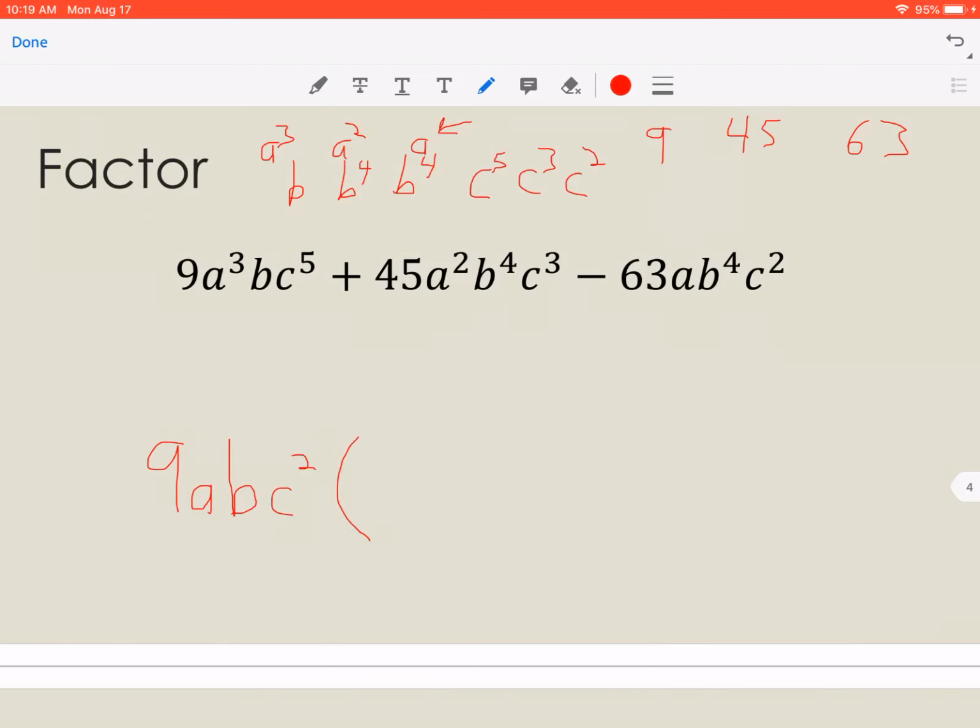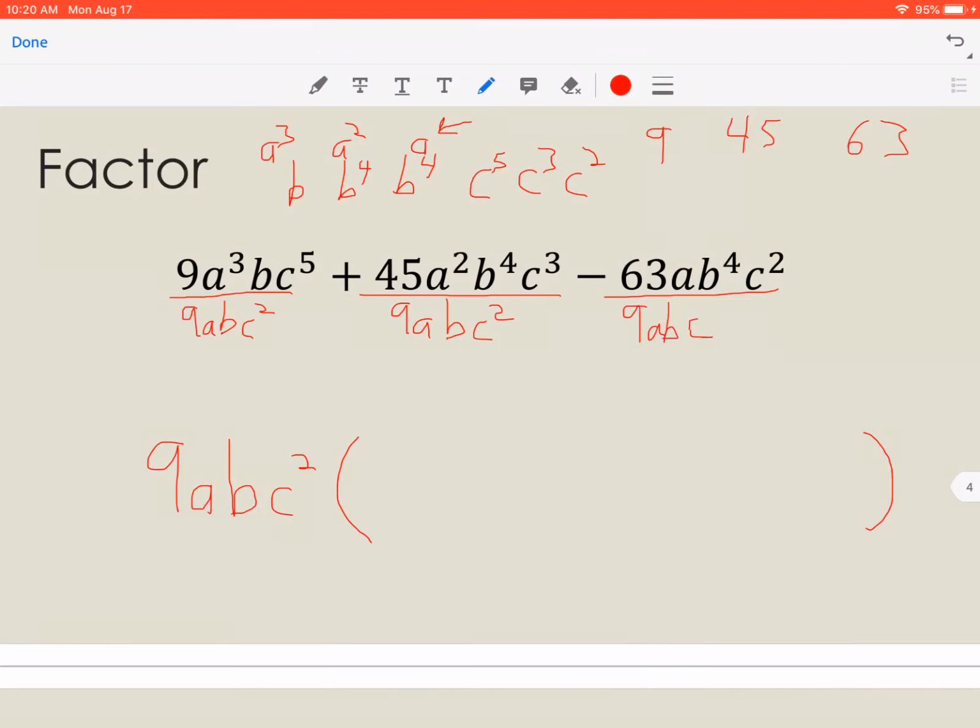Draw your parentheses. This one's going to be a little bit bigger because you've got 3 terms. What you're really doing, and you don't have to write this every time, is dividing everything by 9ab c squared. And again, some of y'all have done this before. You don't need to write it. I just do it to double check myself. ab c squared. And this would be 9ab